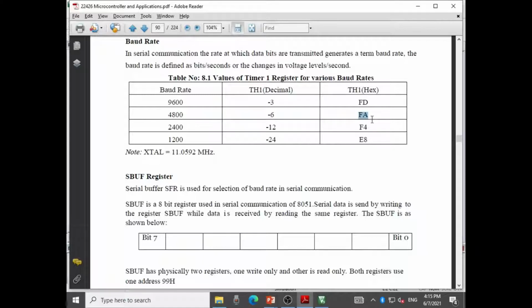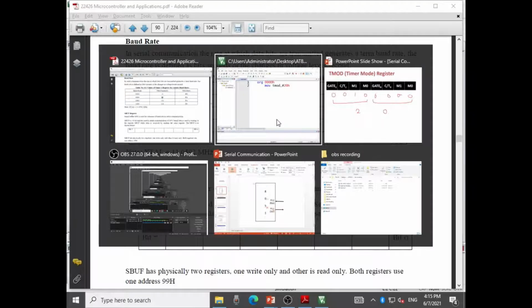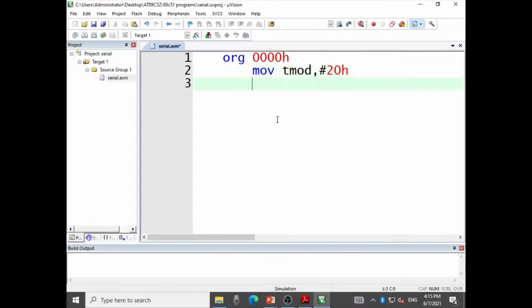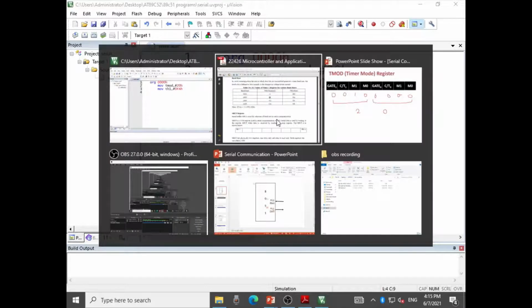So FAH is the same as -6. So the next instruction which I will write is loading of the TH1 register with the corresponding value. So 0FAH is the value. So the timer related part is now over.